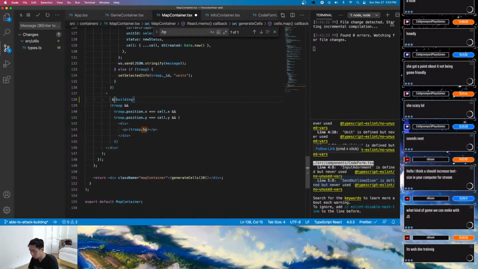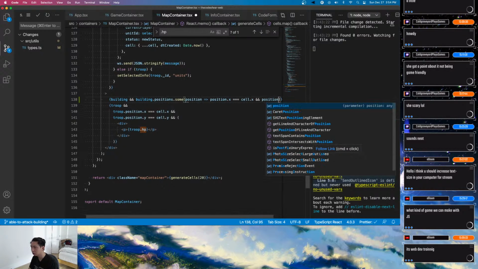Okay, building and what the heck? Building.positions.some, position.x equals cell.x and position.y